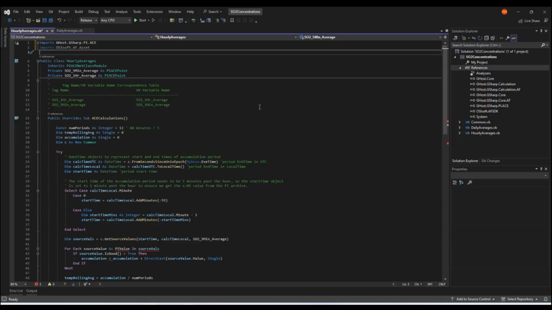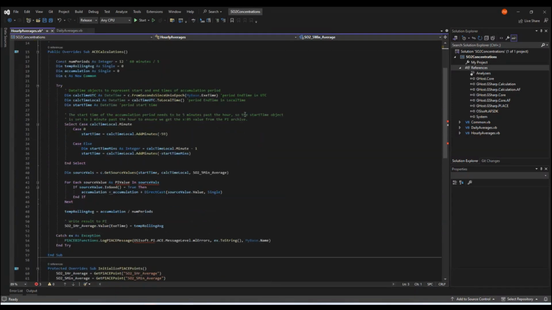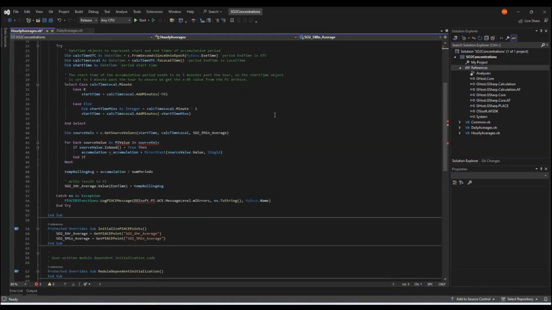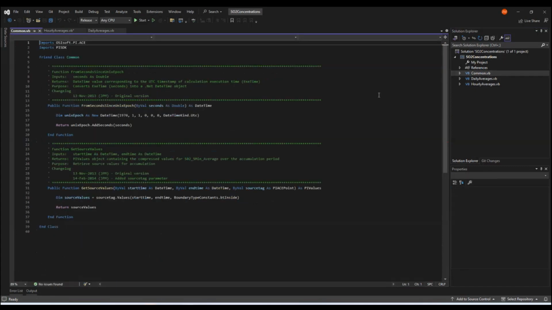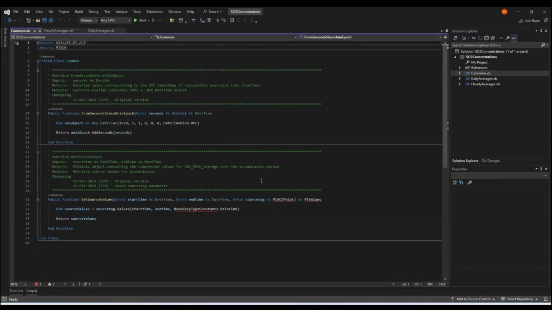And so this is why we say that the amount of work required to port your code, we expect to be fairly minimal. Now, the other things that we need to change in our code, again, Visual Studio is nice and helpful. It highlights for us the areas that still need to be fixed. Now, in this particular code, let me just close that. In this particular code, I used a common class that would get the source values from the PyAce point and would return those to my caller.